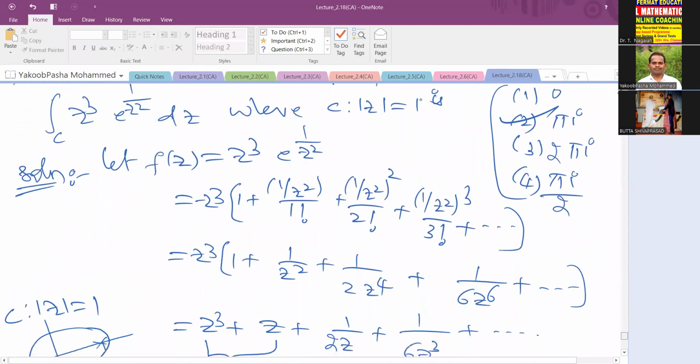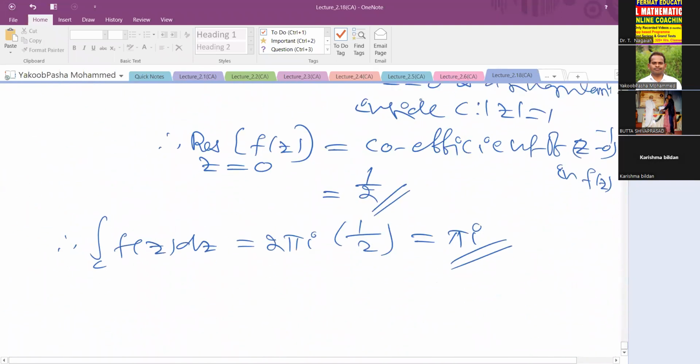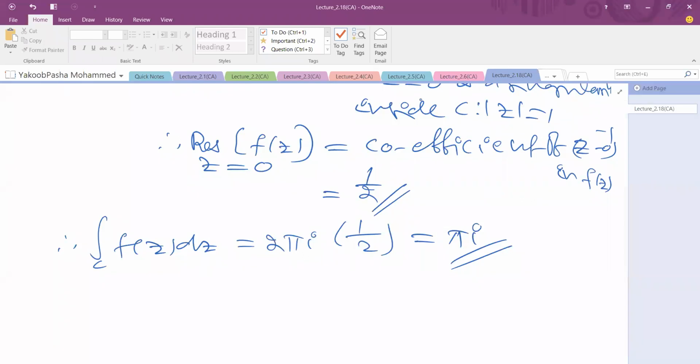Yeah. Good evening, sir. Madam, good evening. Sir, this one problem, 5z minus 2, that problem we have, sir. There we took 2 residues, sir. How come